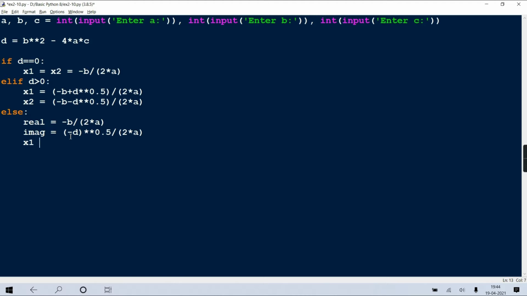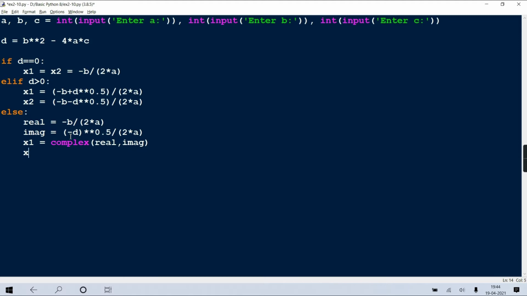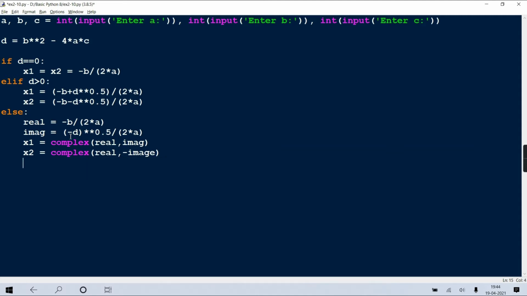Now the actual solutions. x1 is complex of real comma imaginary, and x2 is complex of real minus imaginary. Is it clear? I've told you the complex casting operator.